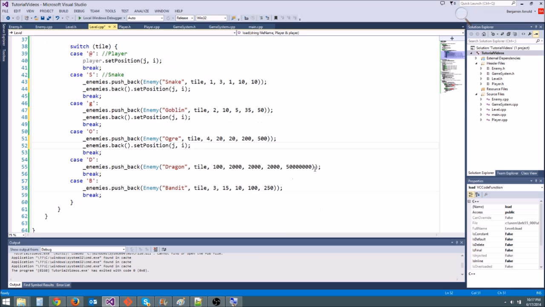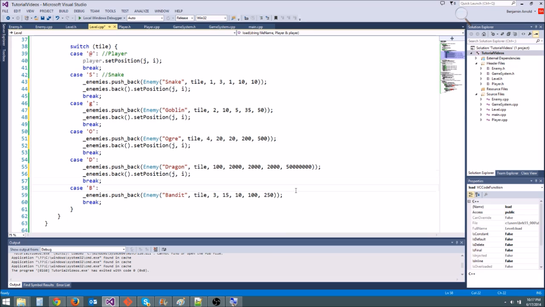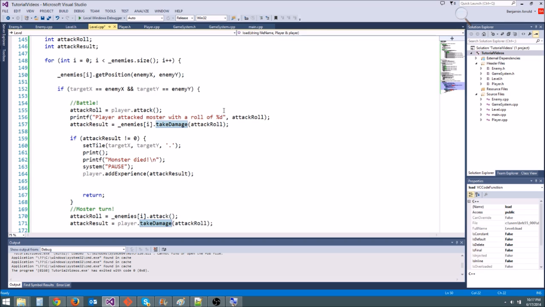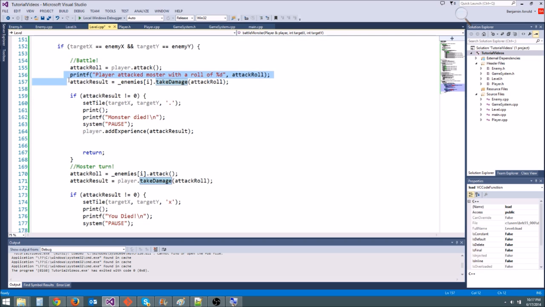All of the enemies. That will set the position of the enemy, because that's pretty important. There we go. So now let's try again. And actually, we should probably put in some more print statements. Player attacked monster, good. And then we need to say,